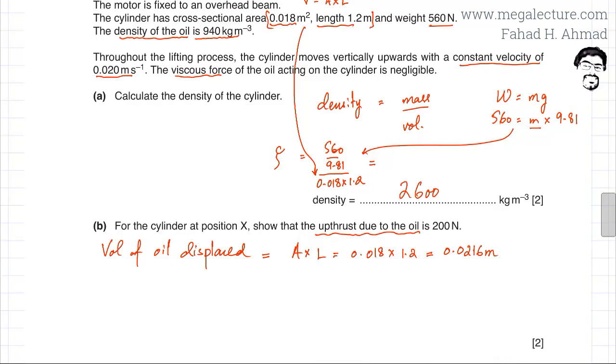So I've copied my working over here. The volume of oil displaced is 0.0216 meters cubed. The other thing that's given is the density of the oil. Remember, density is mass over volume. Using this formula, we know the density of oil, which is given as 940 kilograms per meter cubed. So I'm going to take that 940 kilograms per meter cubed,